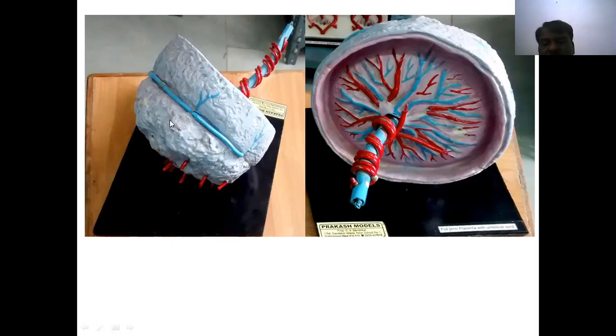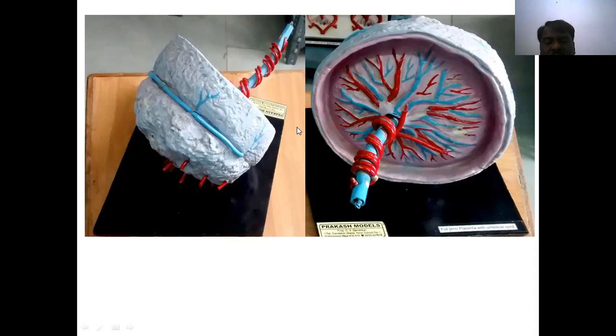It is irregular and cotyledons are there. The cotyledon formation contains maternal blood vessels. Between each cotyledon, the intercotyledon, we can see maternal blood vessels. The placenta is going to erode into the uterus. These are the maternal blood vessels from the uterus, the uterine blood vessels. This is the placenta model. This is the maternal surface. This is the fetal surface. The fetal surface always contains the umbilical cord.